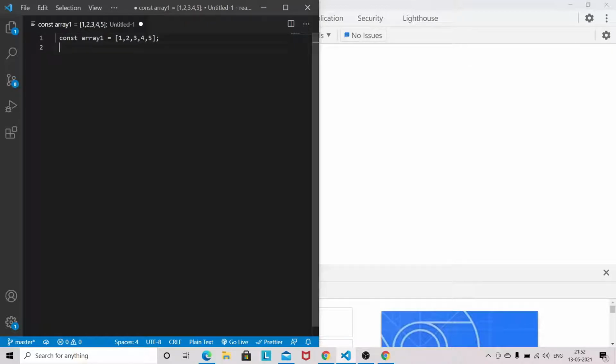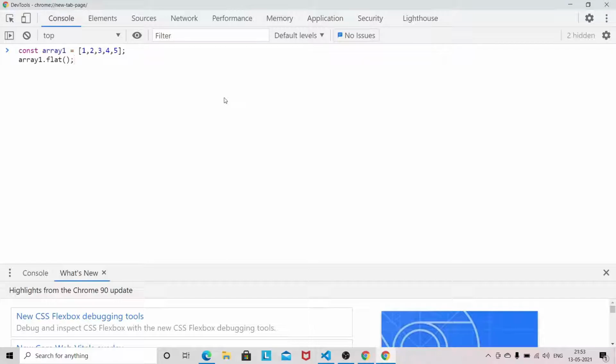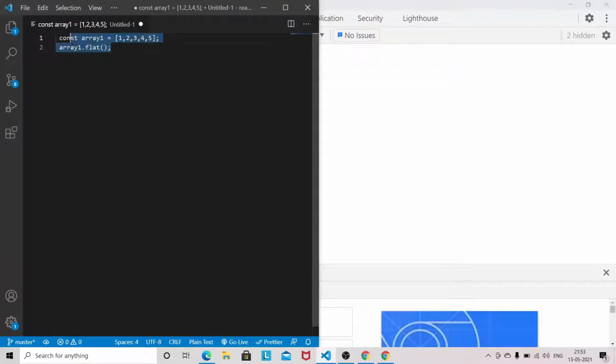You can use flat on it, and you can see that there is no difference, it returns the same result. Now let's assume we have another array, something like this.